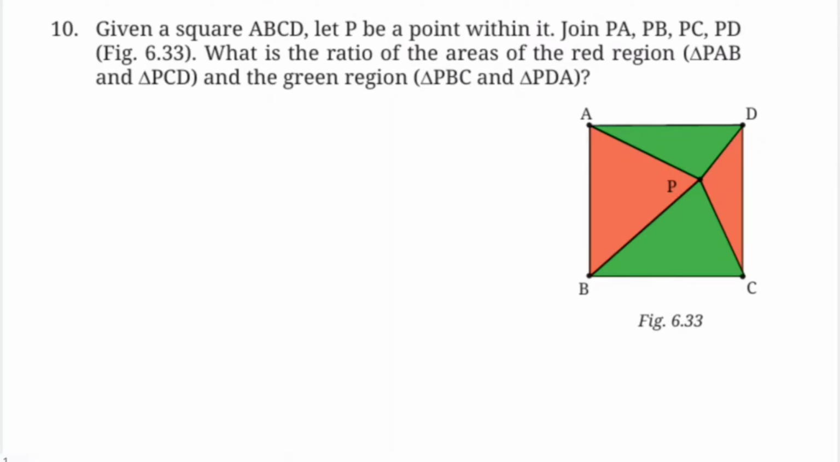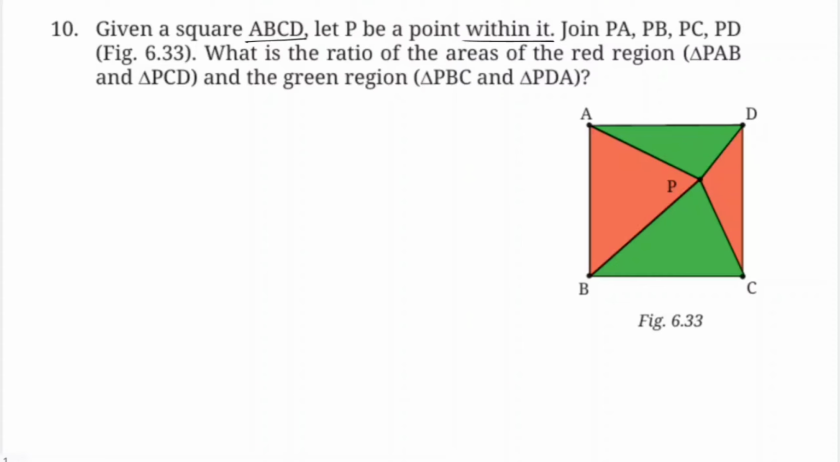10th problem: given a square ABCD, let P be a point within it. So P is a point inside this square. Join PA, PB, PC, PD. We need to join all the four points with this point, that is P. What is the ratio of the areas of the red region and